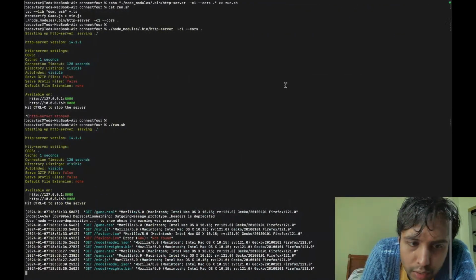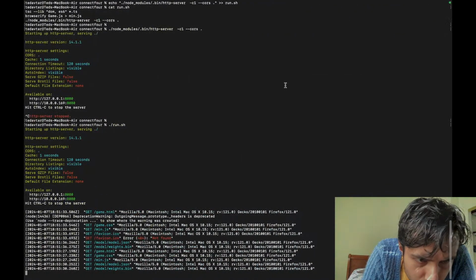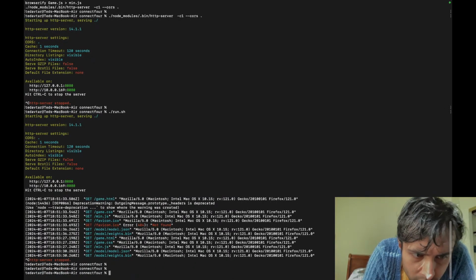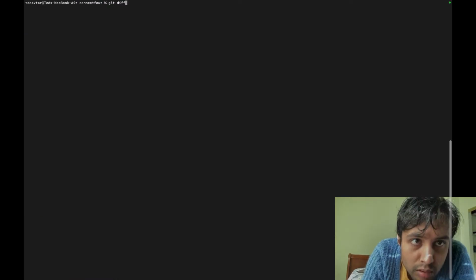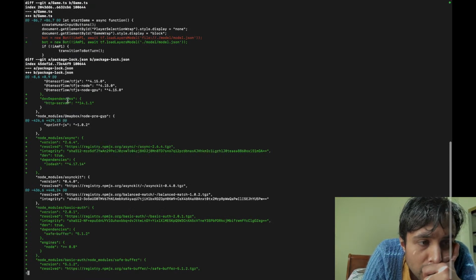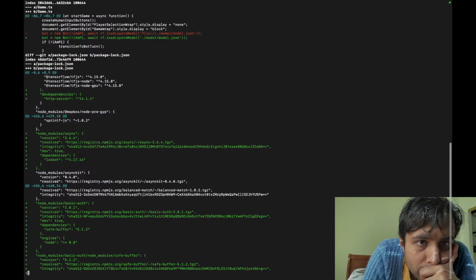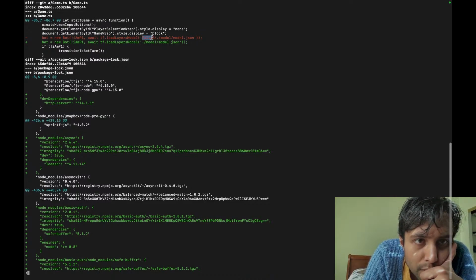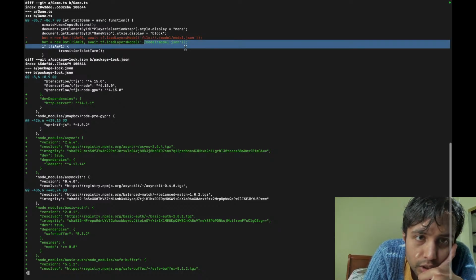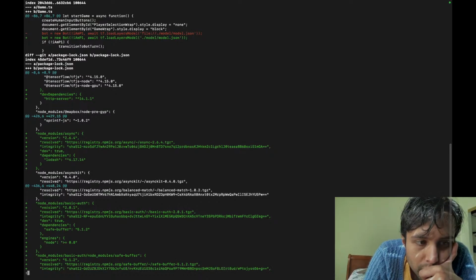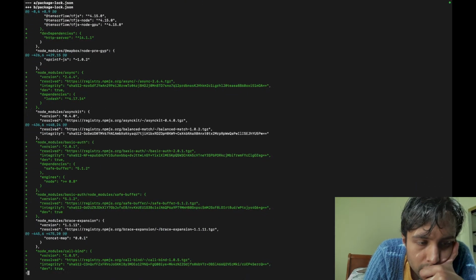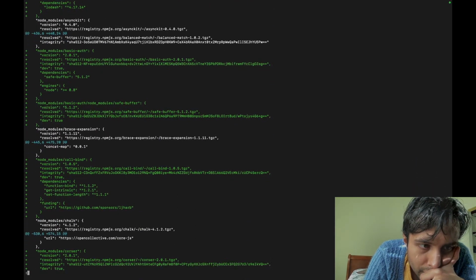Okay, so right now, status, diff. Yeah, so now we're not using the file protocol, we're just using the relative path, and since we have a server, this will automatically just work. Right? And then, okay, what else? Some packaging stuff.